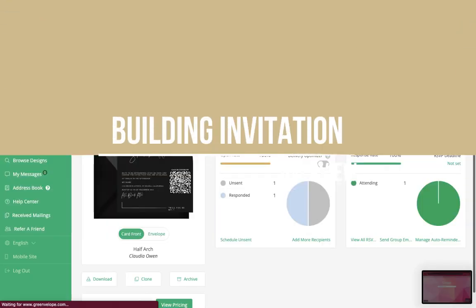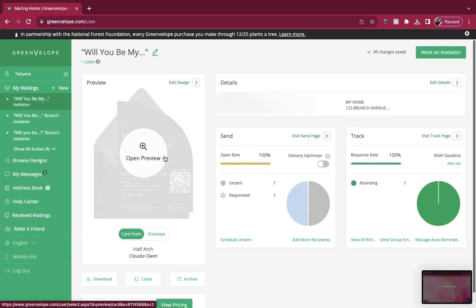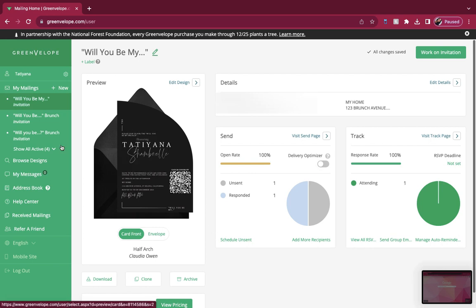So now we're going to get into the tracking on the GREENVELOPE app. So you'll go to My Mailing in the top left, and this will show you all of the invitations you created, but I just wanted to see the one that I created today. And also in this one, it's kind of like the tracking tab. It'll show you who opened it, the ones that weren't open. It'll show you who's attending, who's not attending, tell you the type of invitation that you have, and all the